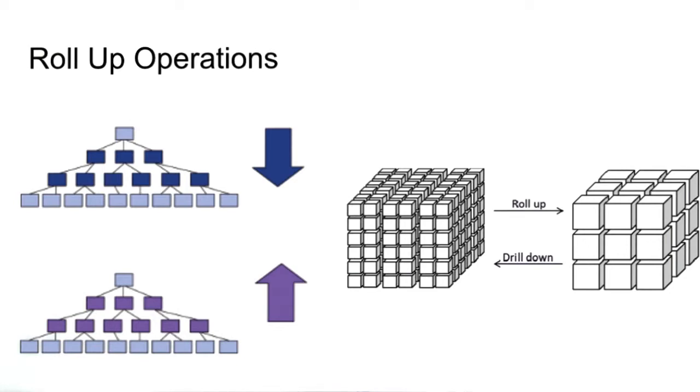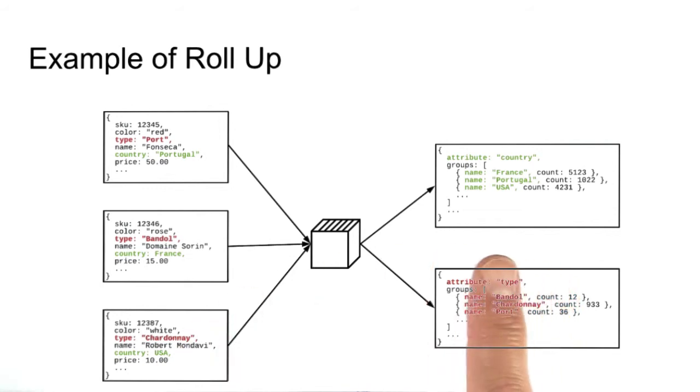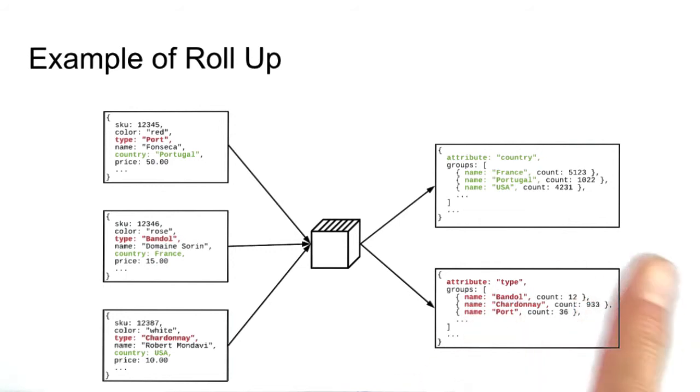Let's look at a concrete example. An inventory has different wine types. The inventory changes once in a while, however not frequently. What is more frequent is looking at the wine organized by various categories. For example, I may want to see the count of wine types per country of origin or per type, so I can buy what is missing in my inventory to cover all my customer needs. If I'm looking more often at the information on the right, the aggregated data, than the changes that are happening on my collection on the left, it makes more sense to generate this data and cache it in the appropriate documents.